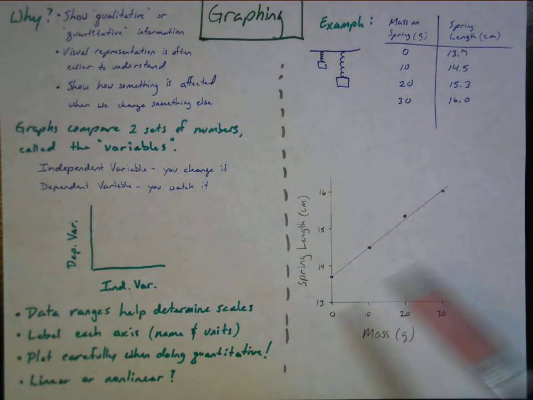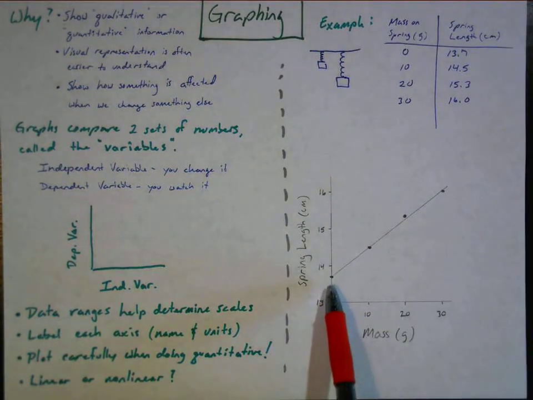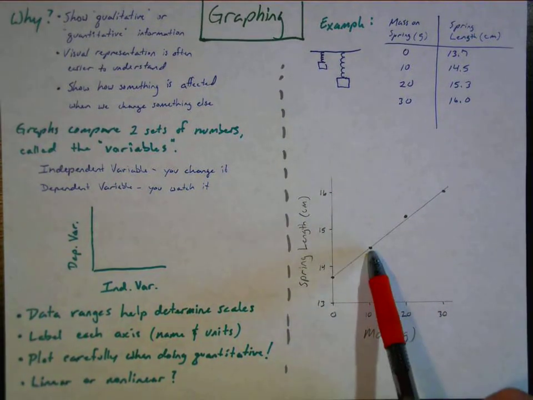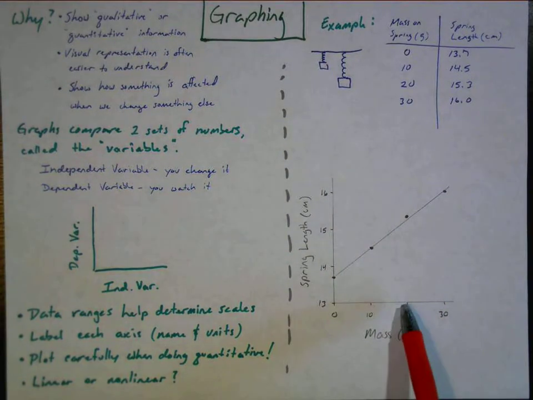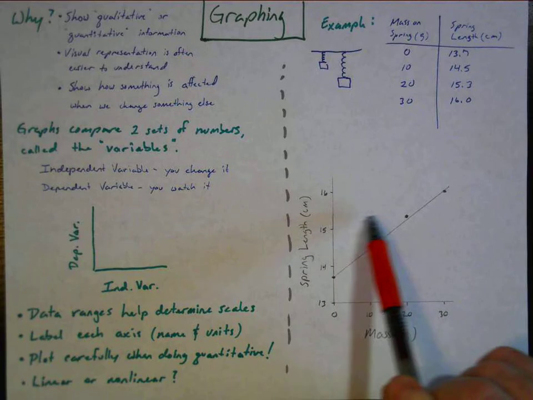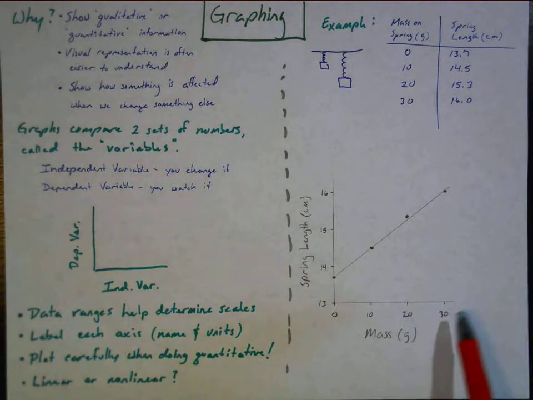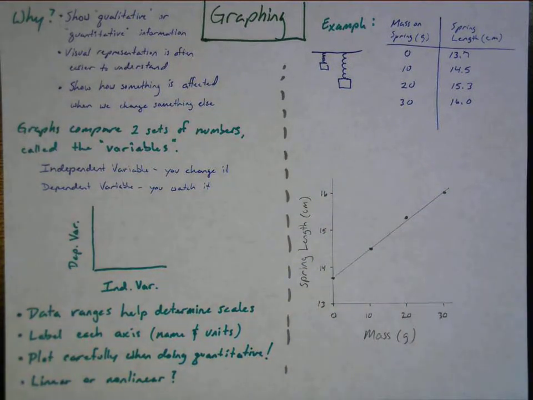And then you plot the points very carefully. 0, 13.7, so I have to go to 0 and go up to estimate 13.7 there. At 10, I've got 14.5, so 10, 14.5. At 20, I've got 15.3. 20 grams, I've got 15.3, estimating that right there. And at 30 grams, I've got 16.0 centimeters. 30 grams, 16.0 centimeters. Okay, and then I did a line of best fit, and that's not mentioned here, but